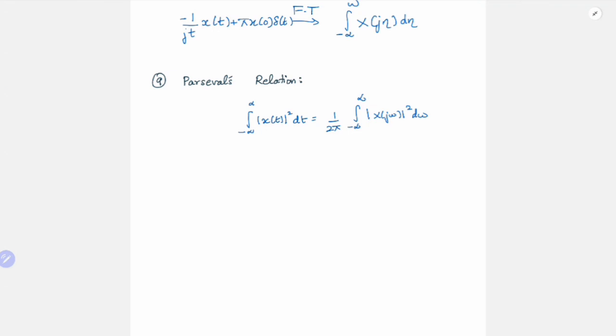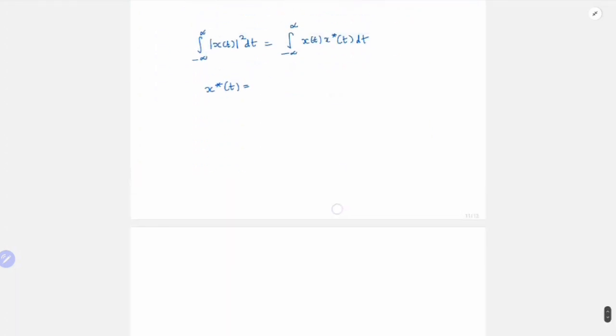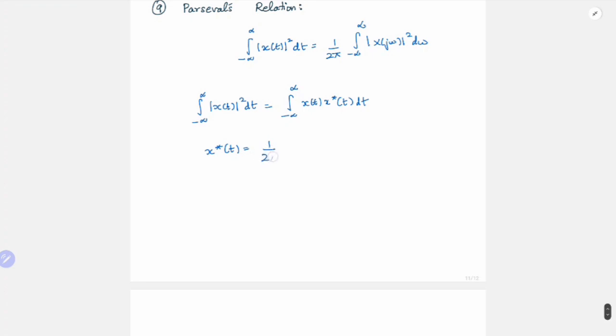So let us derive it. Let's start with the left hand side. We have integral mod x of t whole square dt, and this we can write as x of t into x conjugate of t dt, and x conjugate of t in terms of the inverse Fourier transform, we have 1 by 2 pi integral minus infinity to infinity X star of j omega e power minus j omega t d omega,